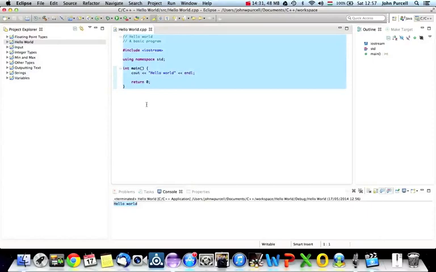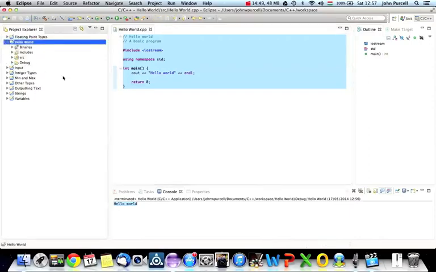One last thing that I want to do in this tutorial is we're just going to look a little bit at the structure of the folders and the files that the IDE has actually generated for us. And again, you don't need to memorize this. I'm just mentioning it to begin to get you familiar with it. If we expand Hello World here, we can see there's a debug folder. And by default, most compilers will generate